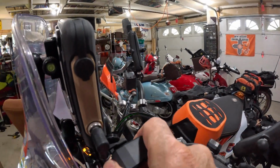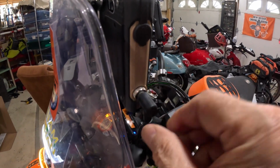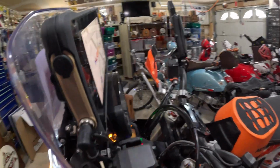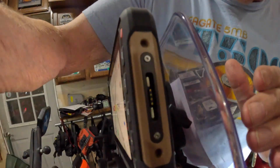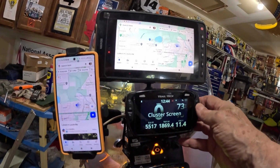This is the power that's right here, and that's going to the tablet. But you can also plug it in using a USB-C port on the bottom, and they have different adapters for it. Now also, let me go over to the Voyager Pro, which used to be